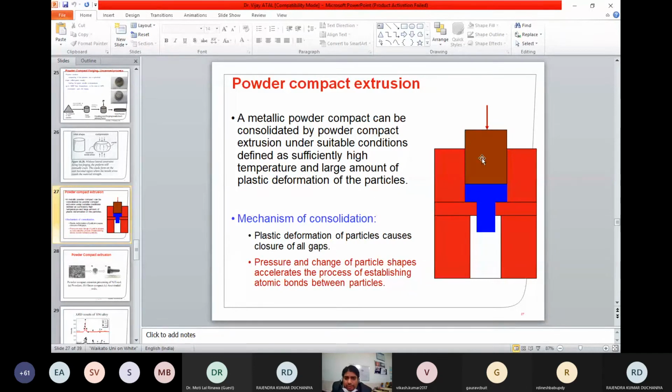The upper portion of the punch will be pressed by the ram, and depending on the type of lower die and the constriction here, this is where the extrusion ratio will be designed. During designing the die, you will be fixing the extrusion ratio. Depending on it, this die will be designed, and you'll be getting extruded rods.